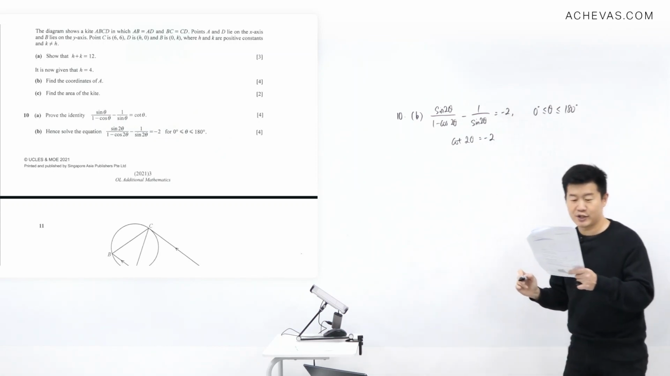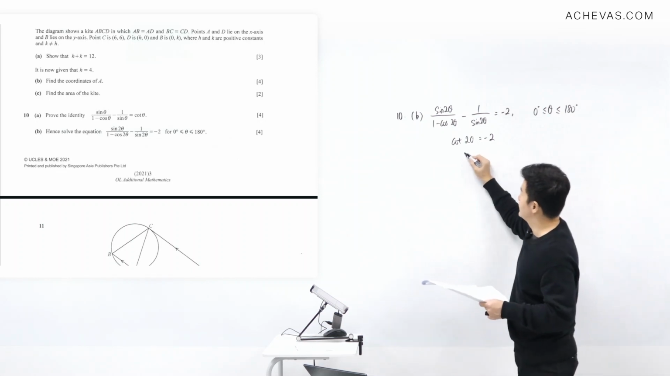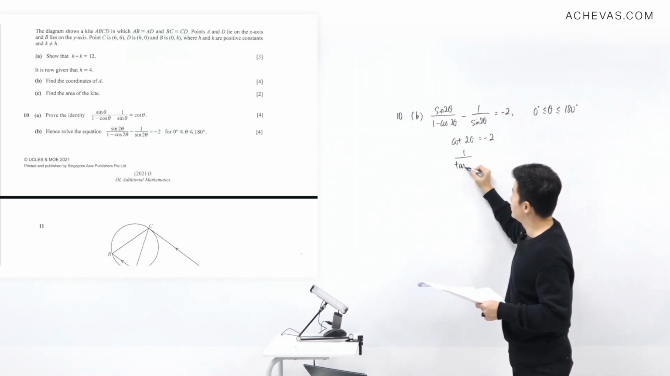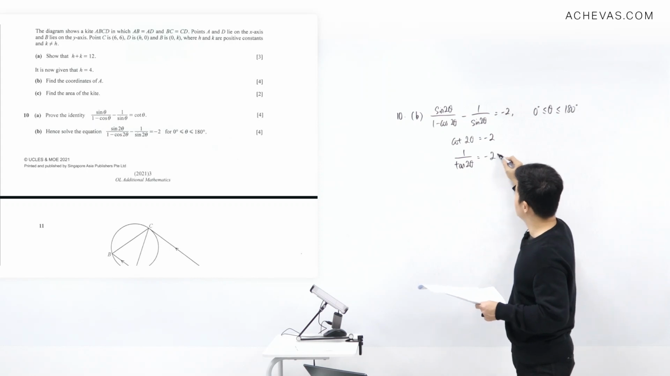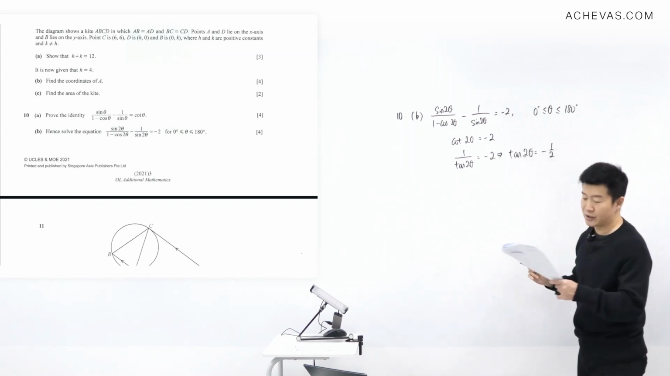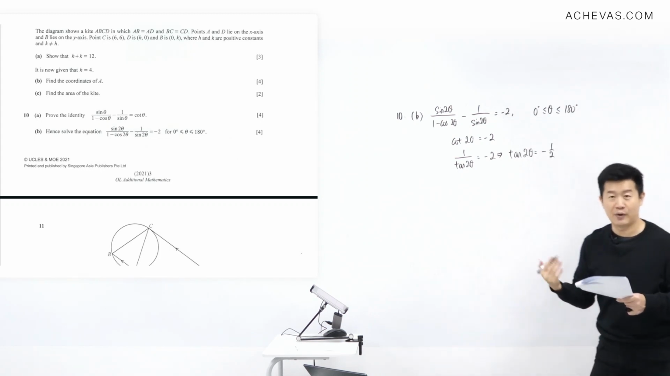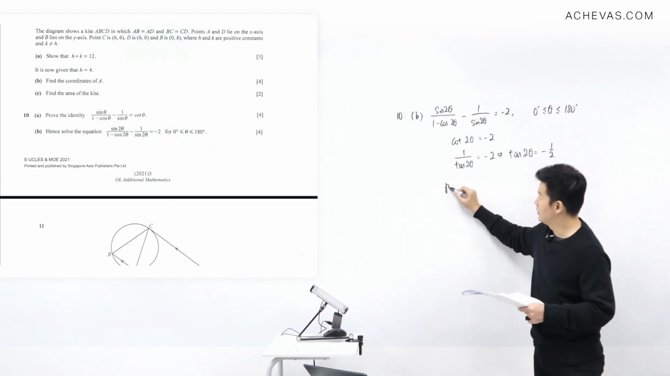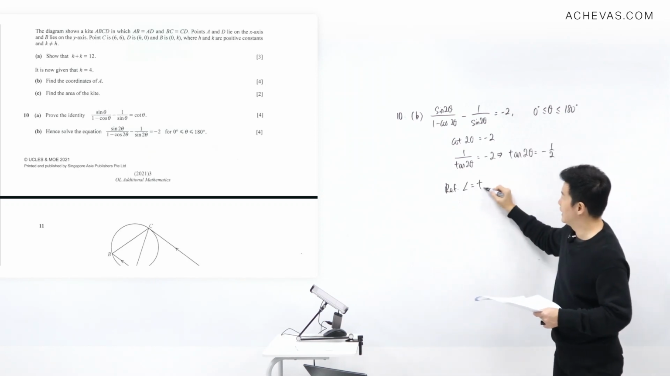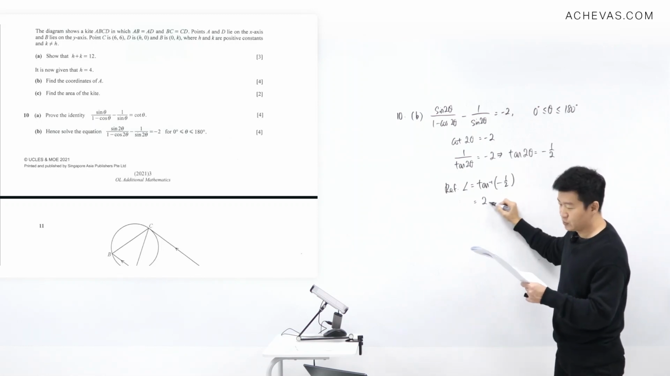And what is cotangent? Cotangent is 1 over tangent, right? So I can write it as 1 over tangent 2 theta. This is equal to minus 2, which tells us that tangent 2 theta is equal to minus 1 over 2. There are two things that we need to do. First is we need the reference angle. So let me write it down. The reference angle is going to be equal to tangent inverse of minus 1 over 2, which is equal to